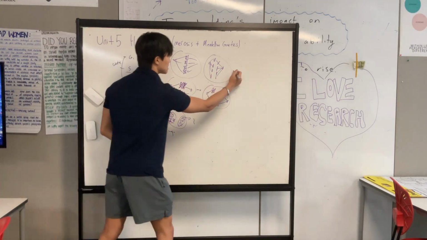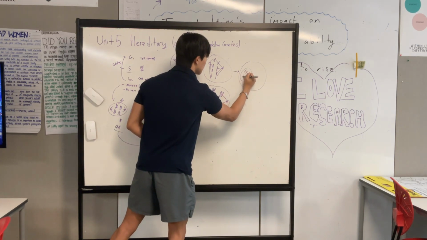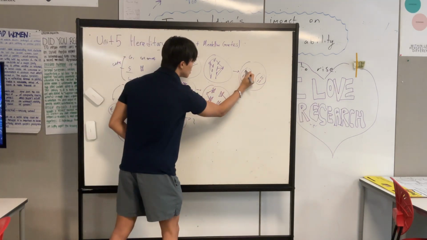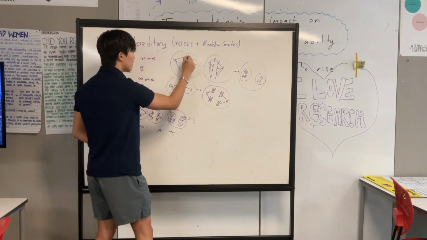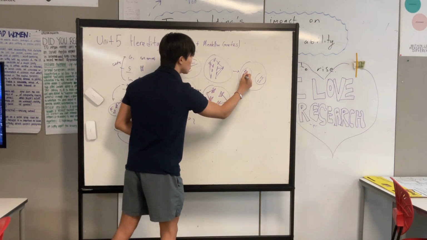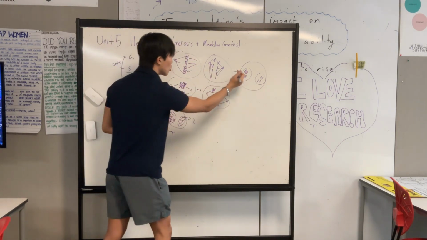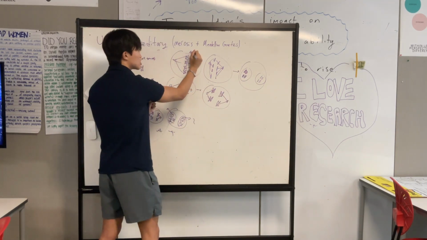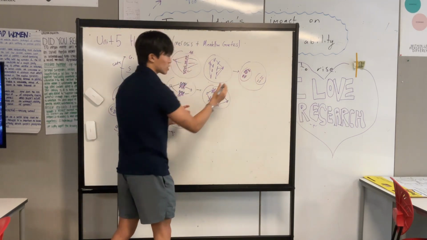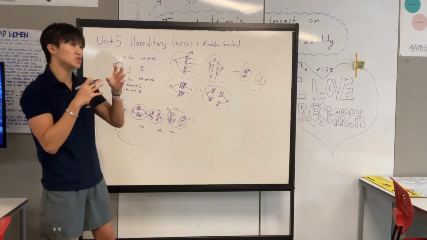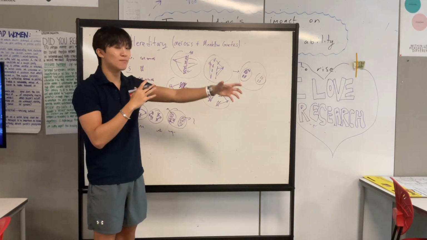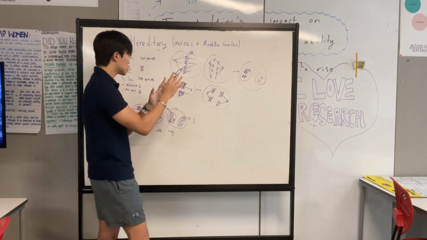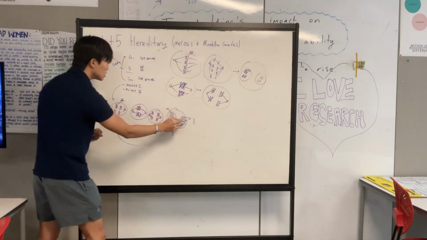Now, if you look at mitosis, even after splitting, yes, we have fewer chromatids, we have fewer strands, but if you look at individual particles, we still have 4 particles, right? We have 1, 2, 3, 4 chromosomes, and here we still have 1, 2, 3, 4 chromosomes. Yes, each chromosome is smaller, but we still have the same number of chromosomes, right? If it was human, we start with 46 chromosomes and we end with 46 chromosomes. That is mitosis, because mitosis is all about making literally the same version of myself because we're replicating. That is why in mitosis, the number of chromosomes doesn't change, but in meiosis, the number of chromosomes will be